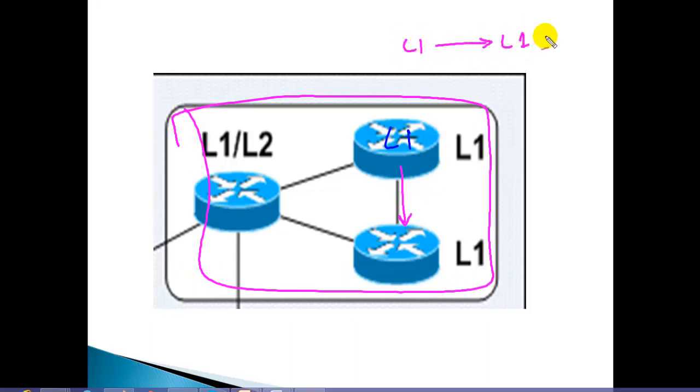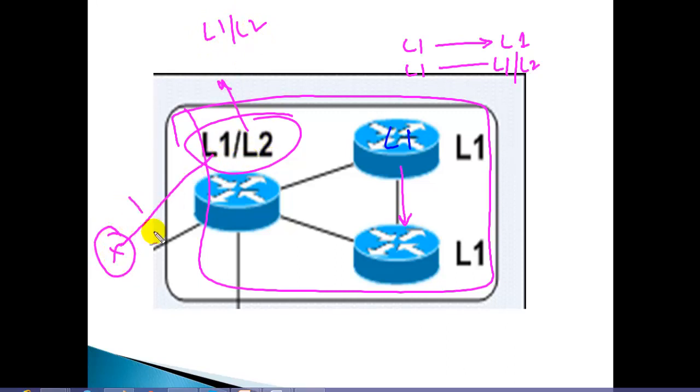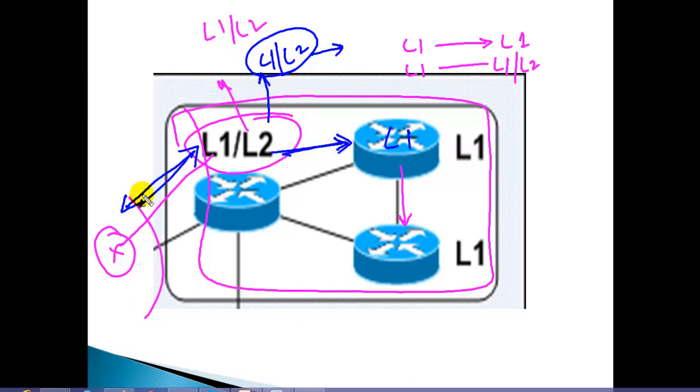Let's take an example. This is one area, and in this area the level 1 routers exchange routes only with level 1, and level 1 routers also exchange routes with another type, that is level 1 level 2, because this level 1 level 2 is going to support both, it will exchange routes with level 1 and level 2. So this level 1 level 2 router is actually exchanging routes with another router which is in a different area. Like here in my example, this router is communicating with the router which is outside the area, as well as communicating with the router inside the area. So majorly your border routers will be level 1 level 2 routers, which are responsible for exchanging routes between both the areas, meaning internal as well as external.